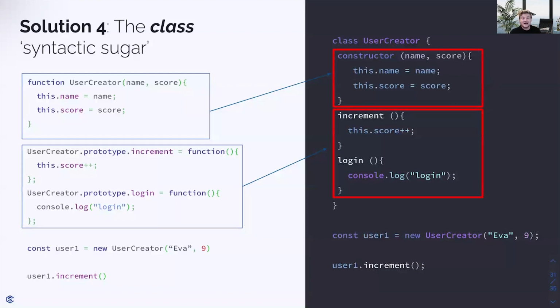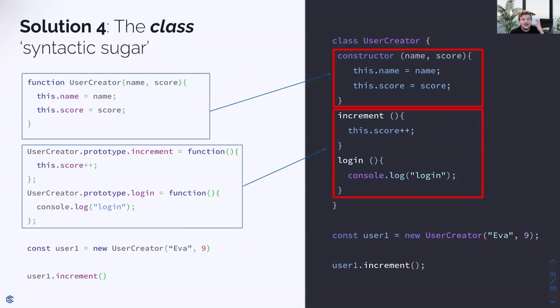So that's on the left with approach number 4 here on the right-hand side. On the left is our approach using the new keyword, and on the right, our newest pal, class syntax. The idea of the structure of this slide is probably pretty self-explanatory, but basically the two snippets of code that are boxed on the left-hand side become the two snippets of code boxed on the right when we